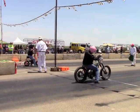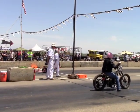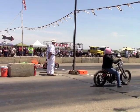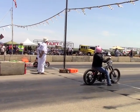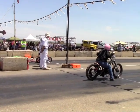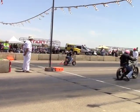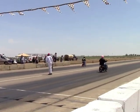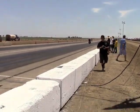You get a longer wheelbase, you take 2 tires and you put them together on the rear rim. I don't know if we had 1 or 2 chains driving those things. And I got to say, one of the things I love about drag racing is it shows up at the track and they go, and what do you think of that? I can guarantee you that if you were sitting on one of those first 2 bikes that went down,